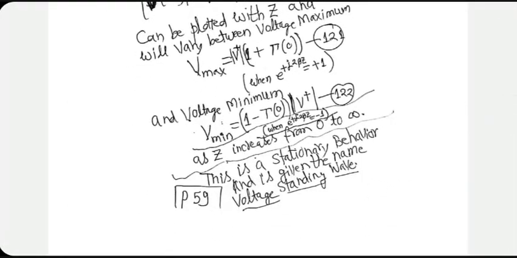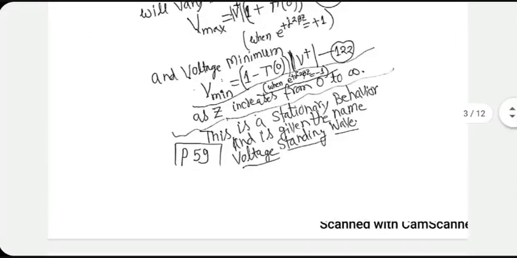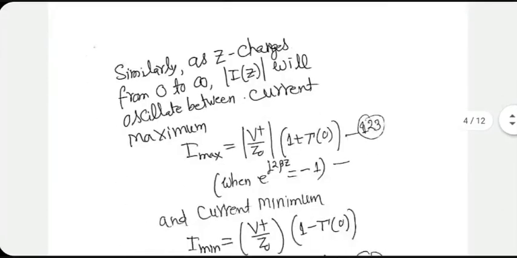This behavior is stationary. It doesn't change with time. That is why it is known as standing wave, voltage standing wave. Similarly, for current also,